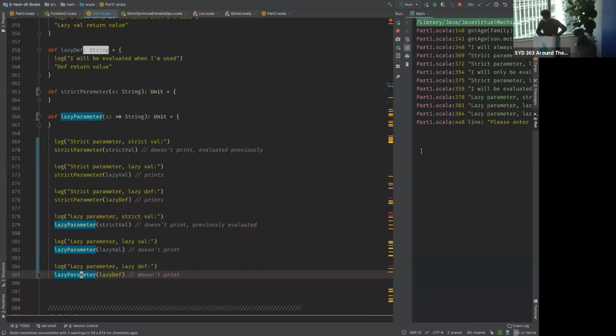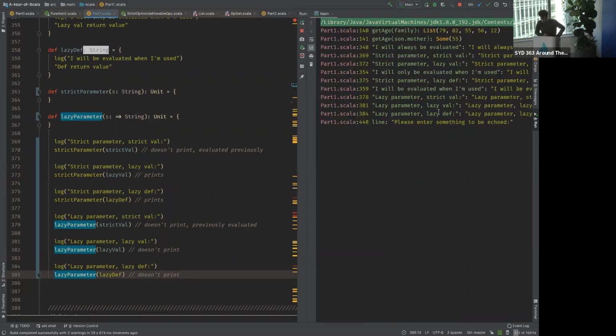As you can see here, you've got lazy, what the hell? Well, that wasn't doing that before, so something's messed up. Anyway,